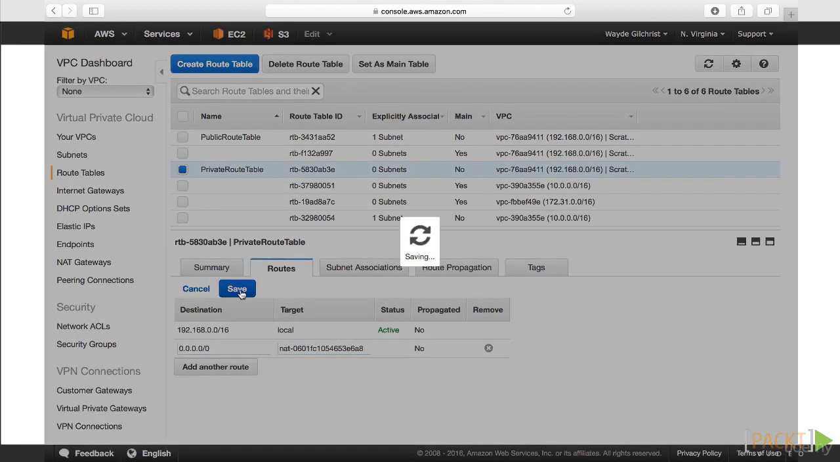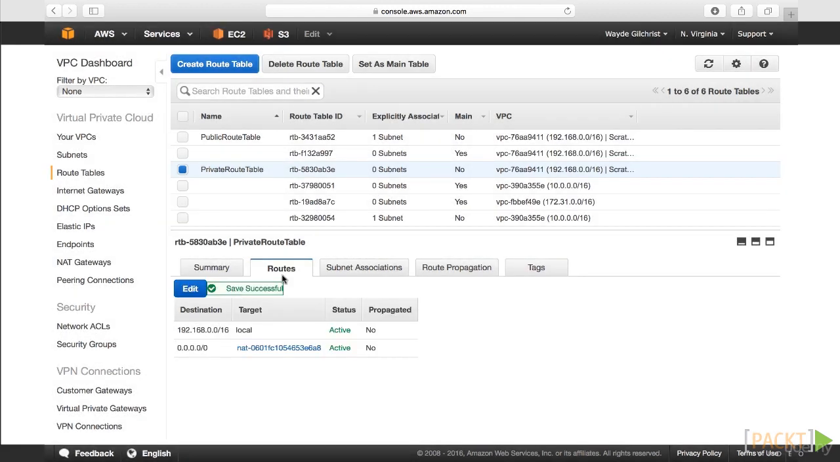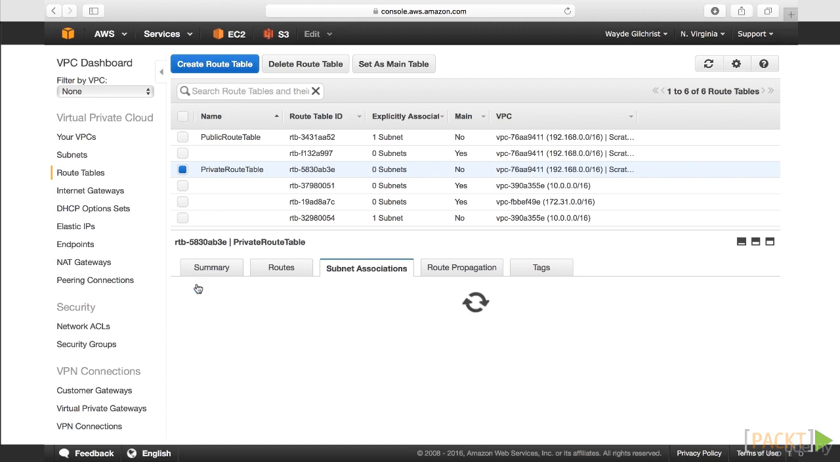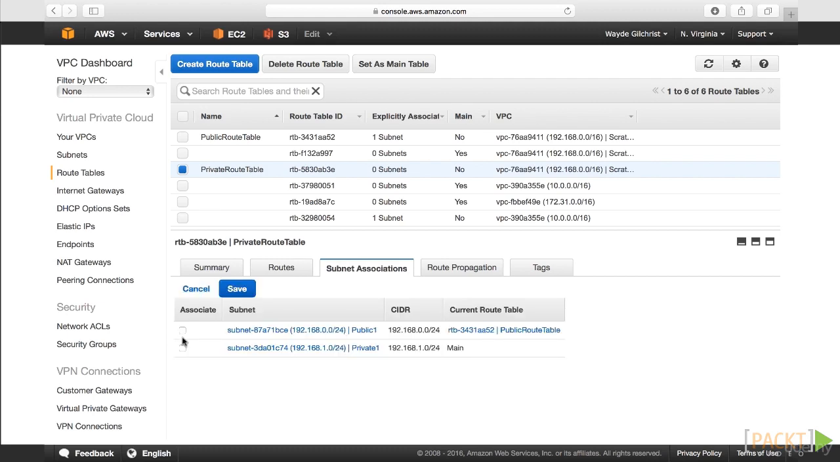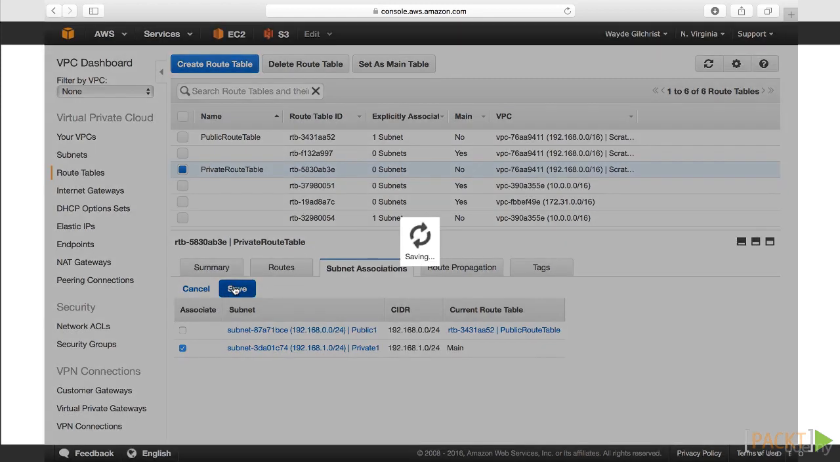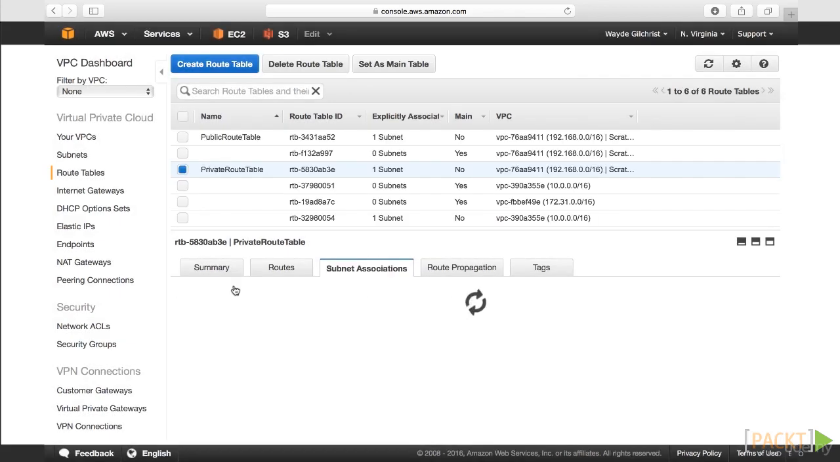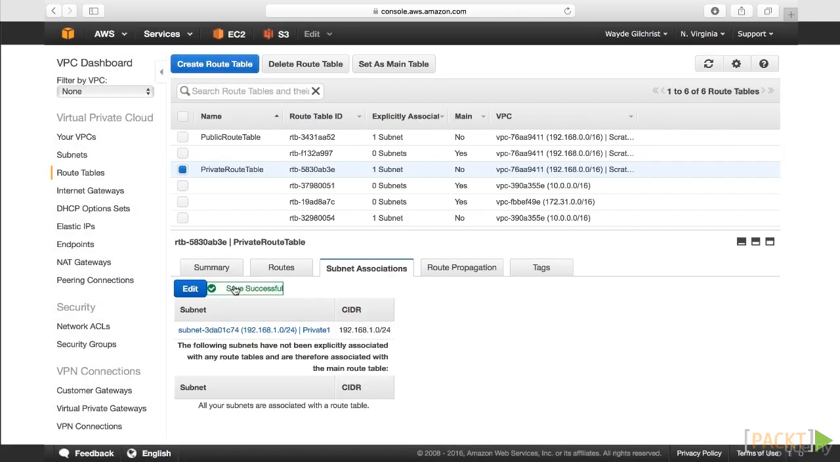Finally, let's associate that route table with our private subnet, so click on the Subnet Associations tab and then Edit. Select our private subnet and then click Save. You can keep creating subnets if you like. In a later section, we will show you how to take advantage of multiple availability zones to make your application